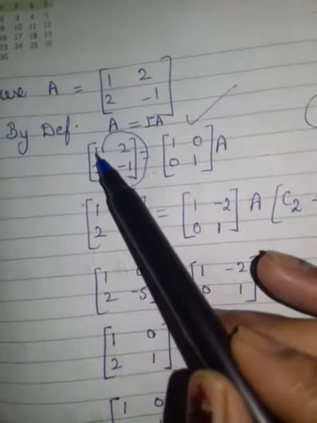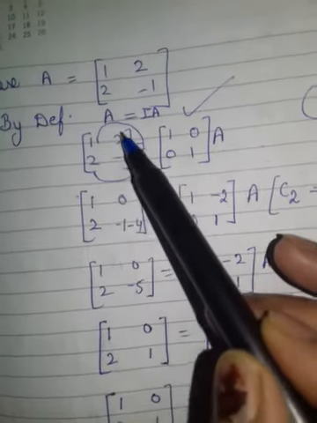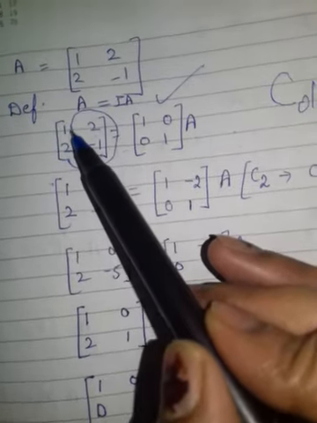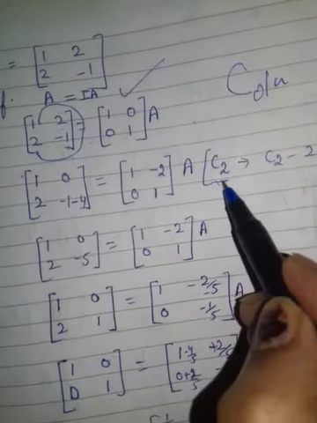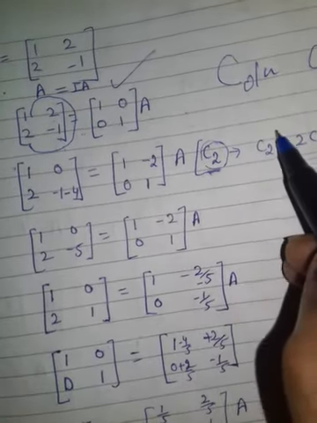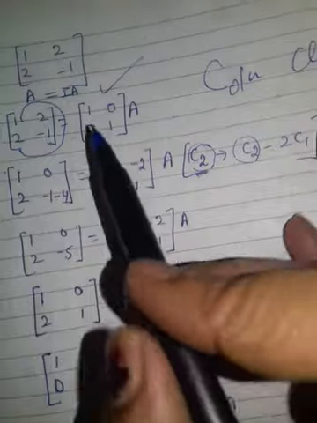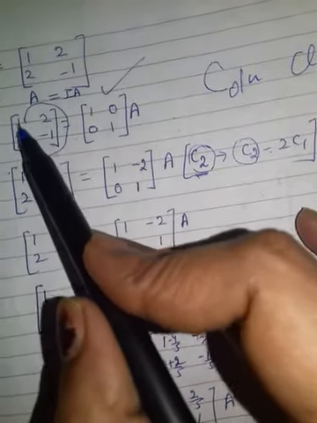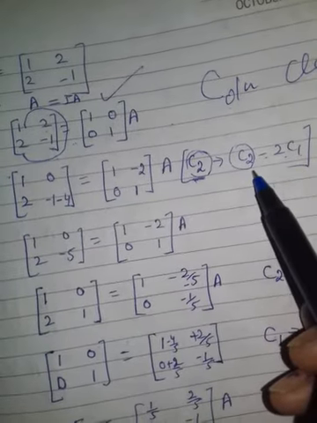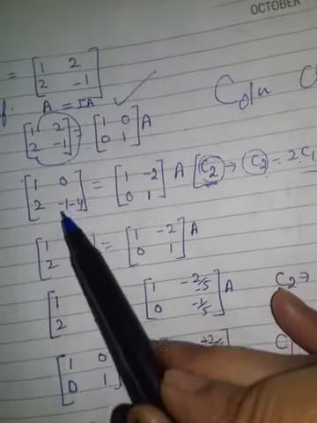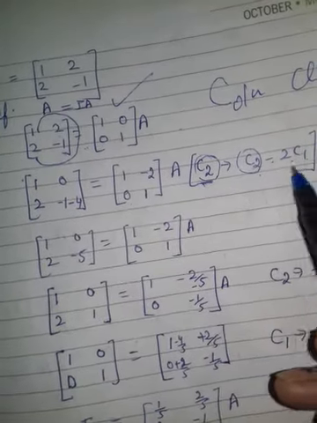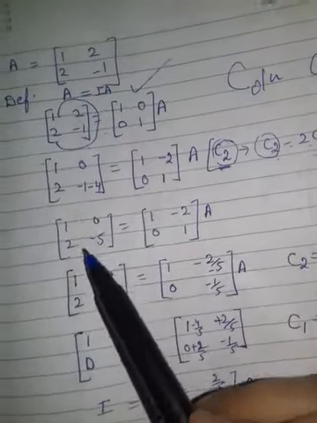Firstly, you know it is already 1, so no need to change here, but you want what here? 0. It can be done. Yes, by operating on C2, because you need 0 here. What I said, the element that is here, the same element you have to keep here, minus. It can be made 0 if we multiply with the first 2 and subtract. Clear? Same, I operated with the same here. Clear? Always in this manner you will keep, you will get the correct answer.